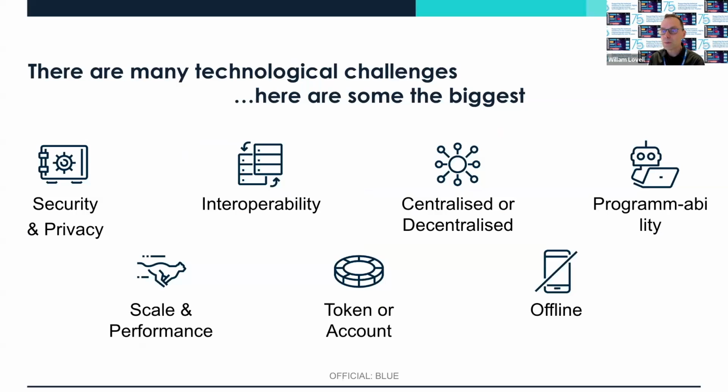So the first is security and privacy. Then we're going to look at interoperability, because making the digital pound interoperate with other platforms is super important. I'm going to look at scale and performance, because there are some myths and some strange language that's often used to describe this. I want to get into that a little bit. And then we'll get into centralized or decentralized ledgers, whether to store the information in tokens or accounts, how we handle offline payments, and how we're thinking about programmability. So to begin at the beginning,